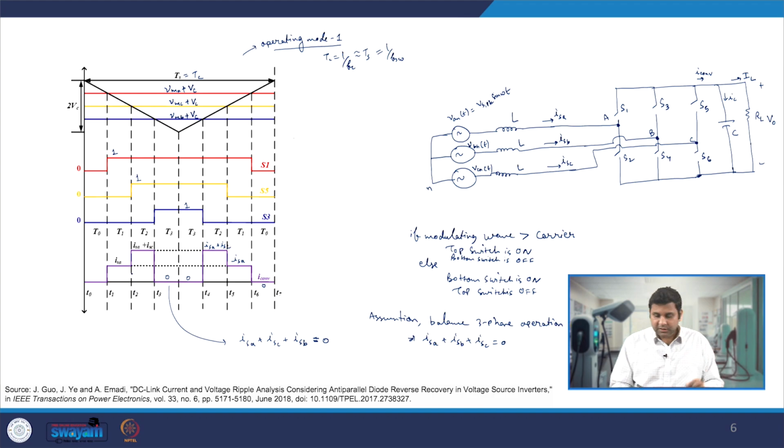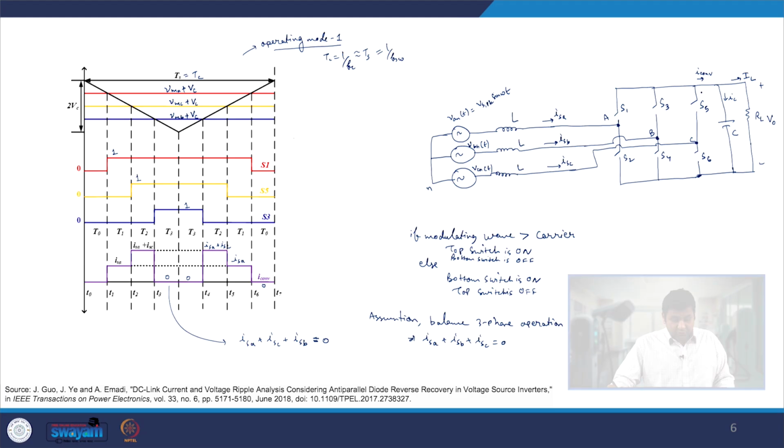That means for some portion one of the phase currents will be there, in some other portion two phase currents will be there, and in some portion all three phase currents will be contributing to I converter, which is actually nothing but equal to 0, I mean when all the phases are there. So when we calculate the RMS current through the capacitor, we must calculate the I converter